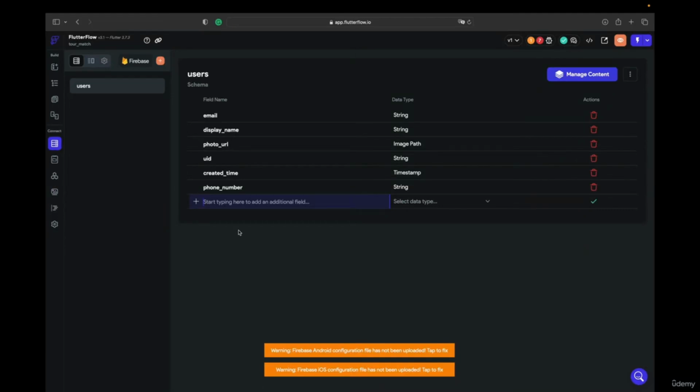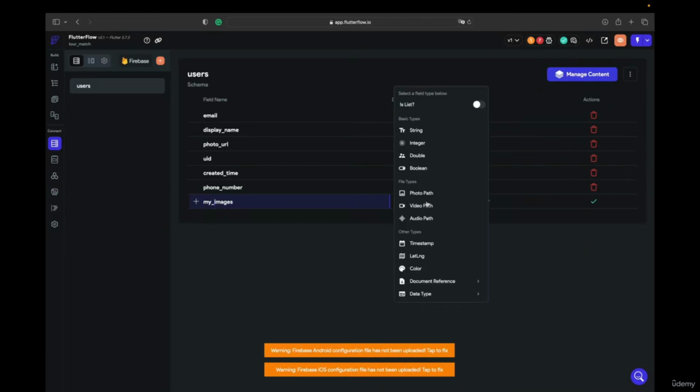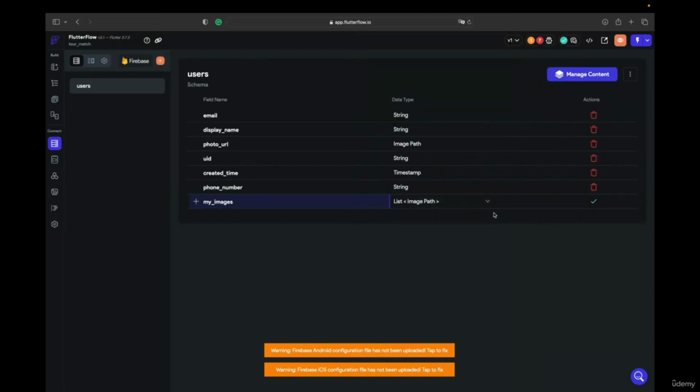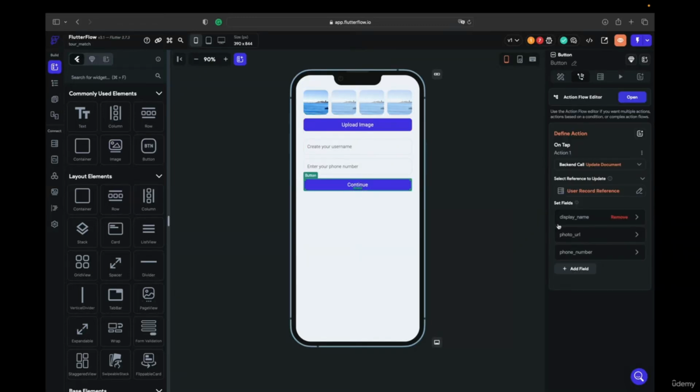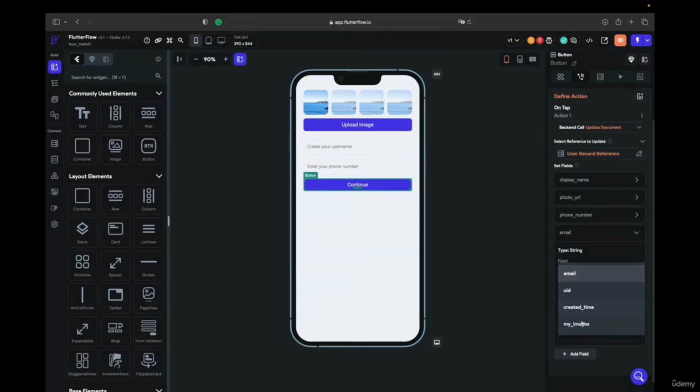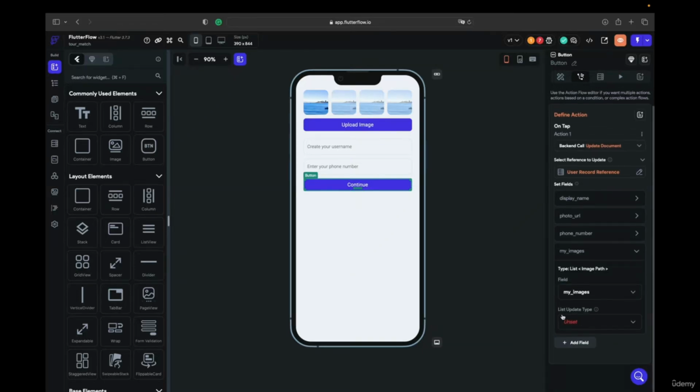So my images, we are creating new schema. So isList, make it true, and photo path, done. Right now you see that it is a list of images, and we confirm it. So we go back, click on continue, add a field, open this email field, and choose my images, list update